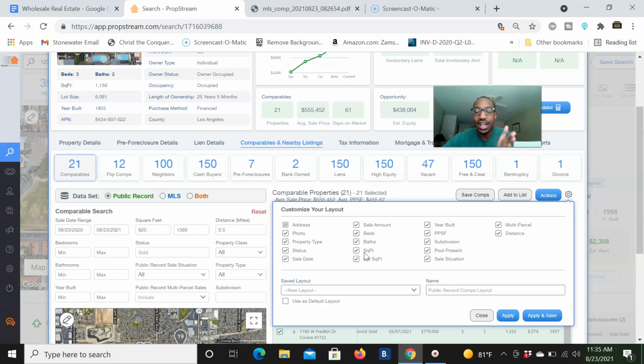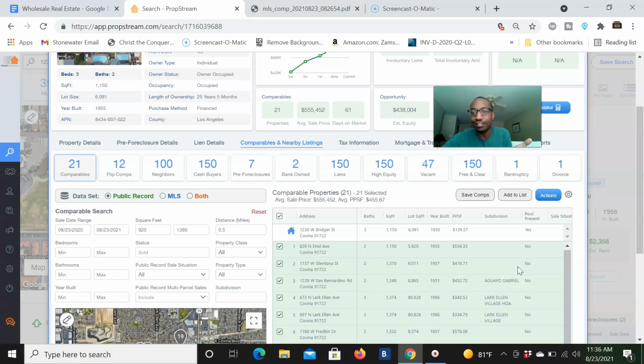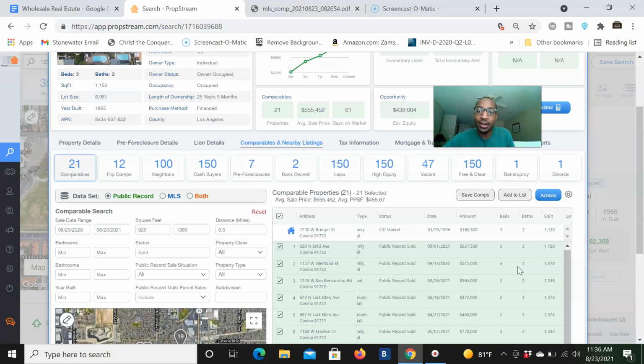And it'll filter it down just to show those filters, because a lot of times when you see all these different boxes, all this different information, it can get confusing. Another thing about comparables that I like on PropStream is that you can